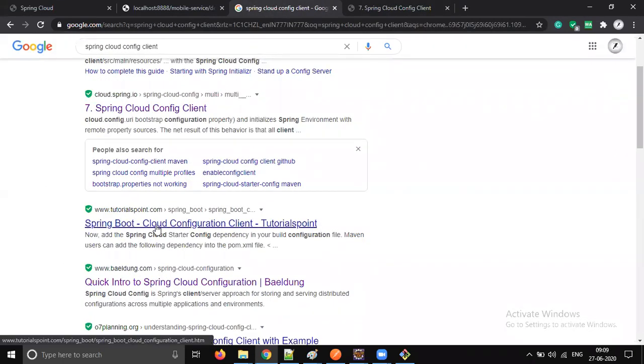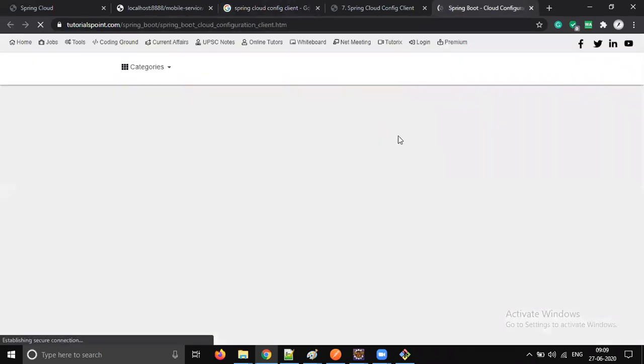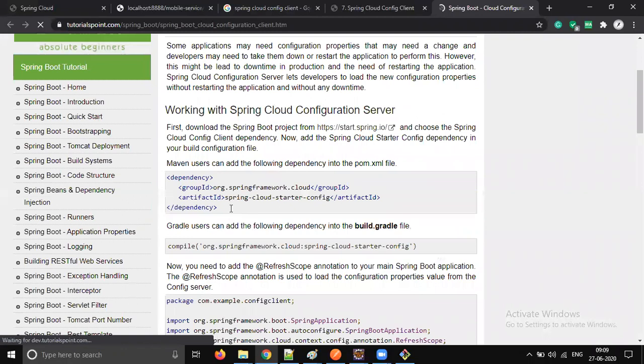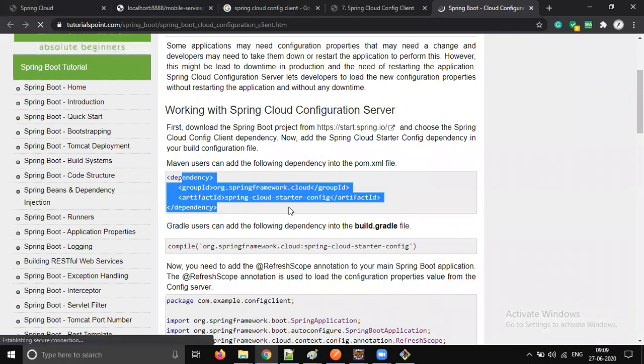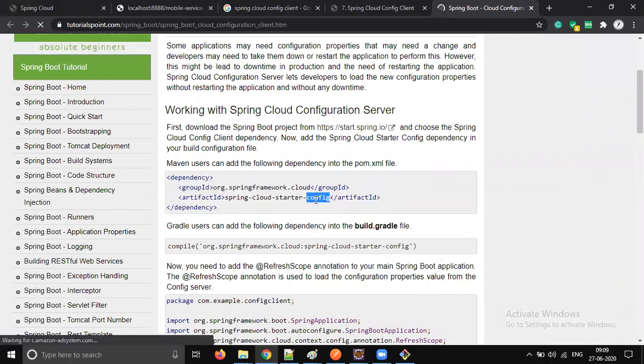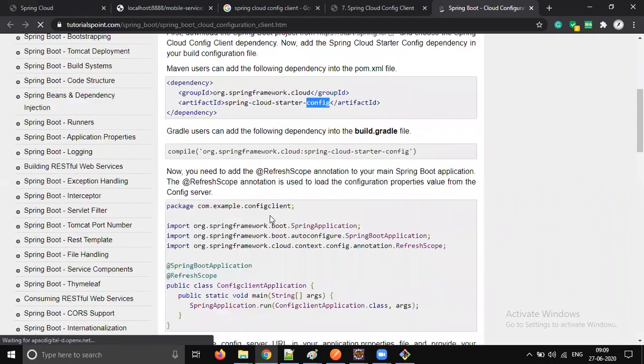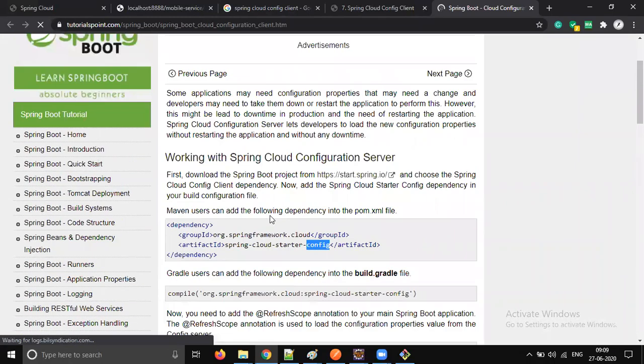So let's go to tutorial points or something and get that string. We'll see that happen. Yes, we need, no, it is called starter config. It's not server, right? I just have a doubt about what version it is using.